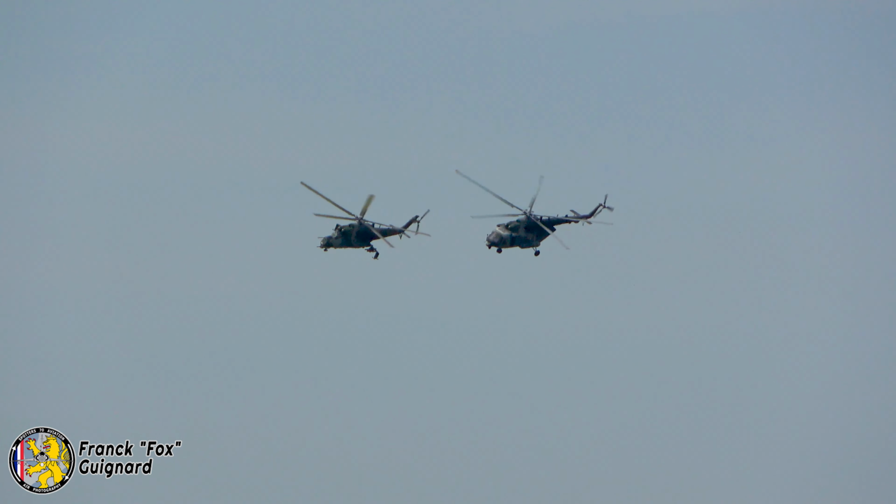Now the Hind we've already spoken about as a type, but the Hip we haven't. This is part of the most successful family of helicopters in history as far as production runs are concerned. It was in 1961 that the first example of the Mil Mi-8, which was given the NATO reporting codename HIP, took to the air. More than 17,000 Mi-8 models have so far been built and counting because it's still in